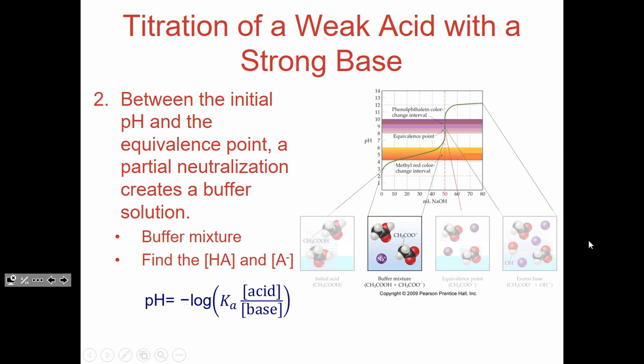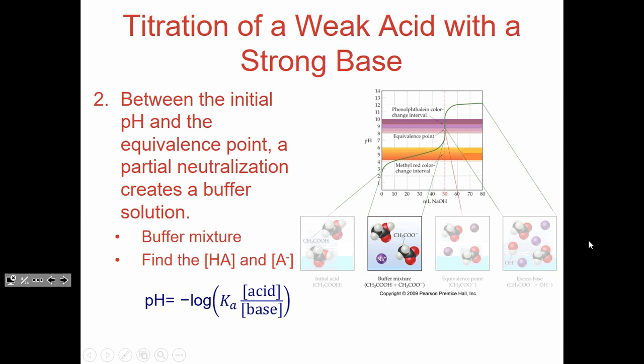So that's what we've got here. The other thing we're going to have is the product of our strong base that wasn't involved in the neutralization. So we're going to start to see our spectator ion. If our base was sodium hydroxide, we're going to start to see spectator ions of sodium floating around. So we've got some of our sodium from the